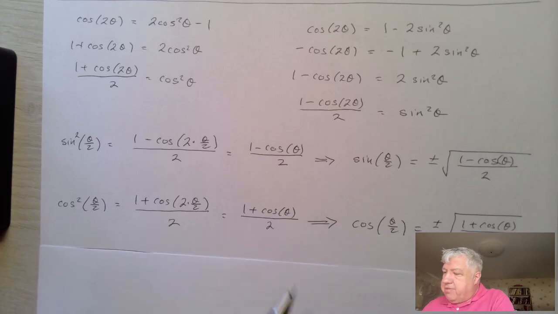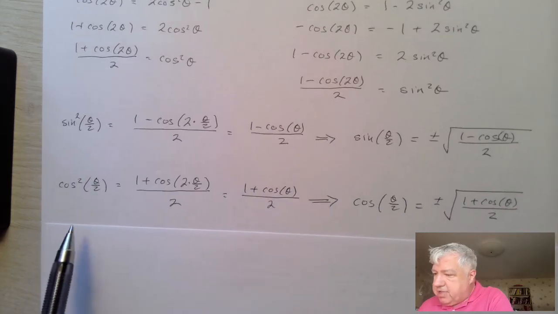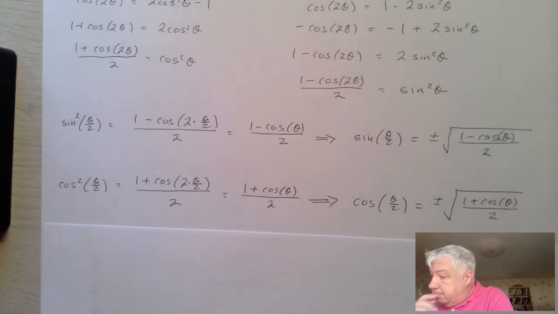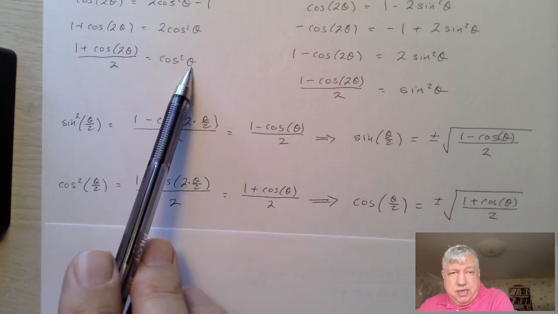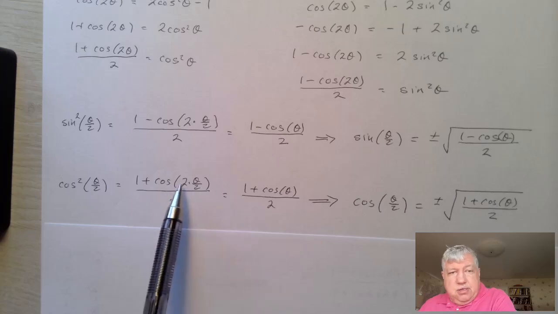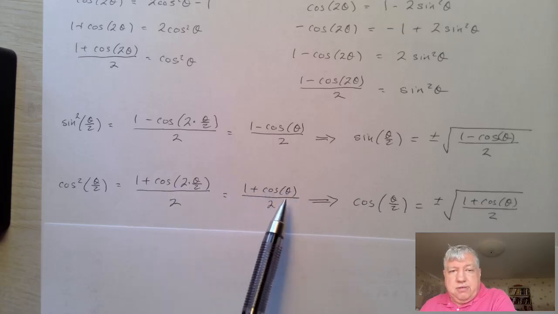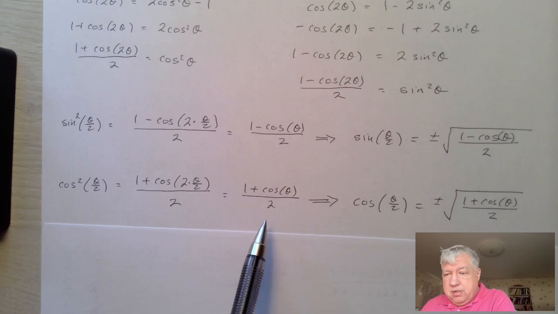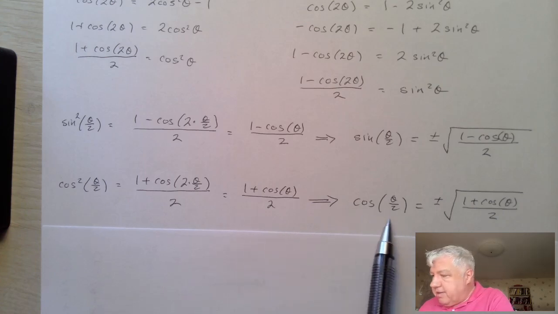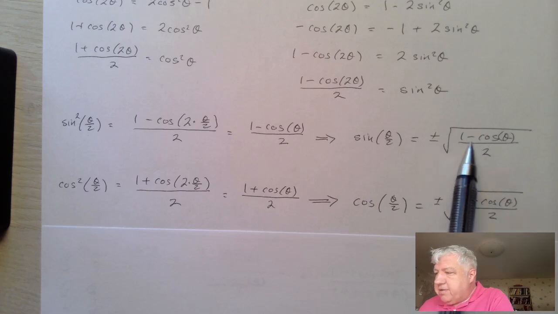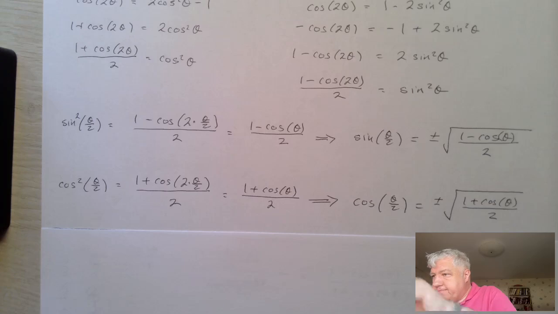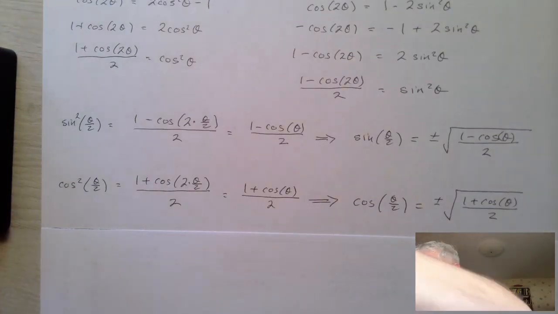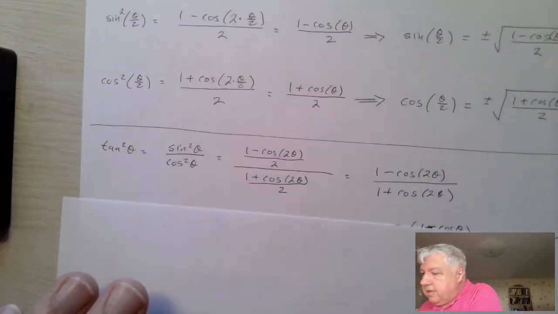And then we have a similar thing for the cosine squared of theta over 2. In this case, we're using this formula. We just basically replace theta with theta divided by 2. And there we get (1 plus cosine theta) divided by 2. And then, taking the square roots again, we get this formula here. So it's almost the same, except you just have to remember where the minus and the plus comes in. Okay. All right, now the tangent